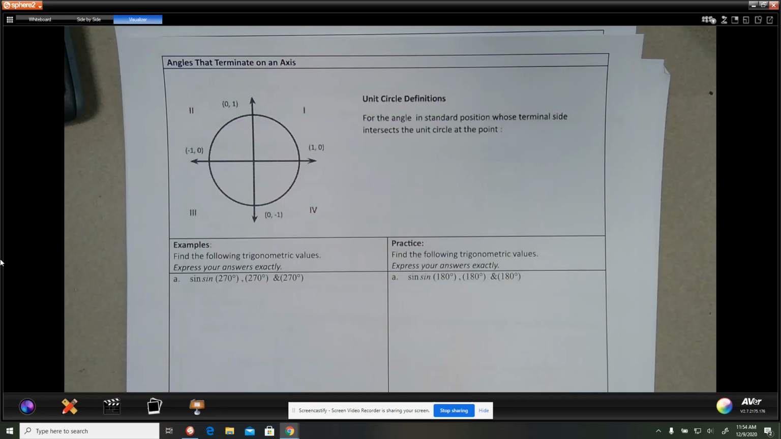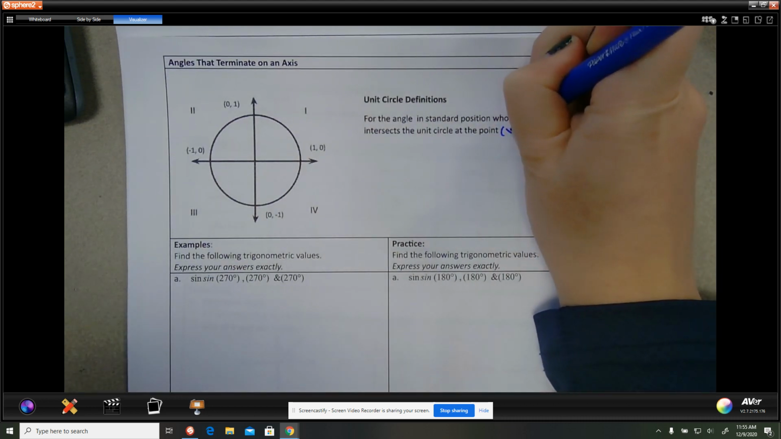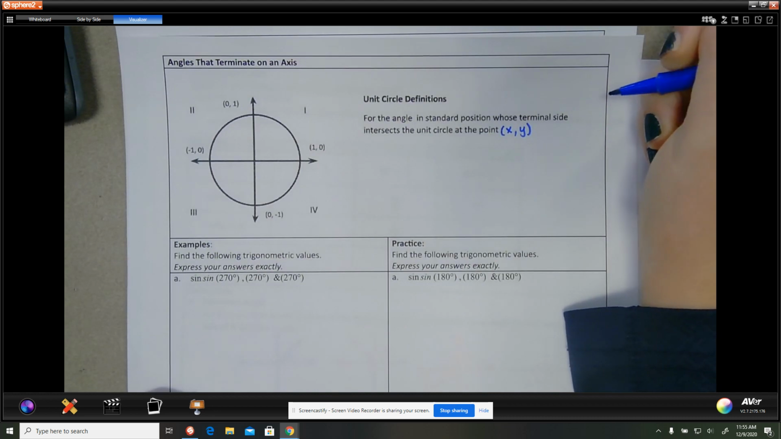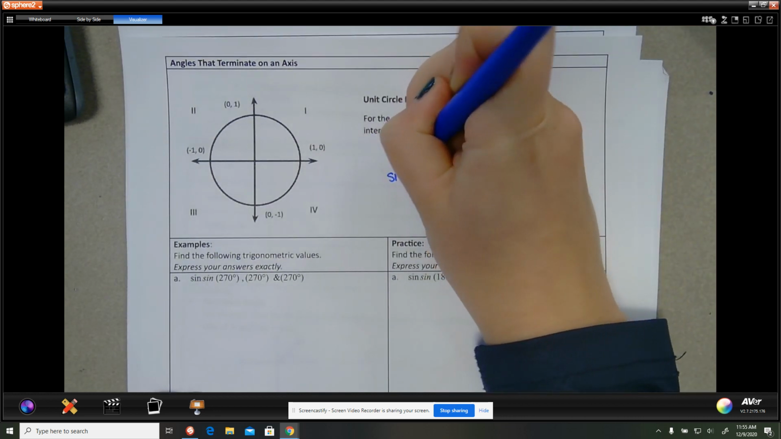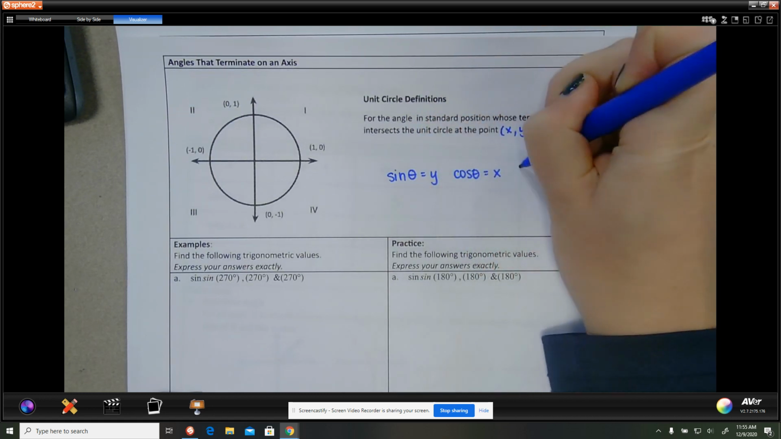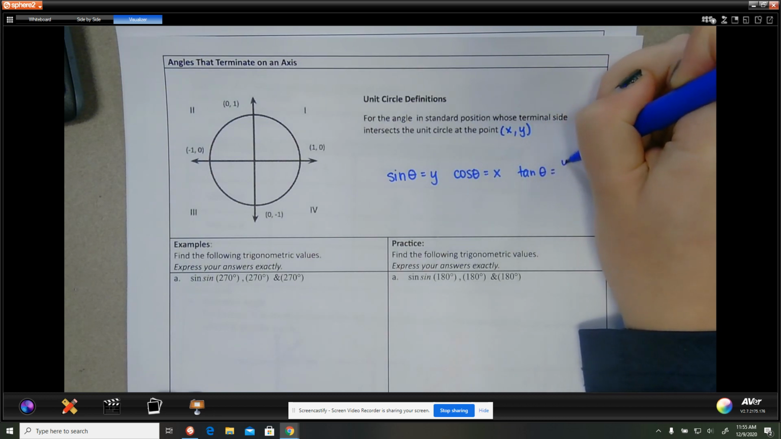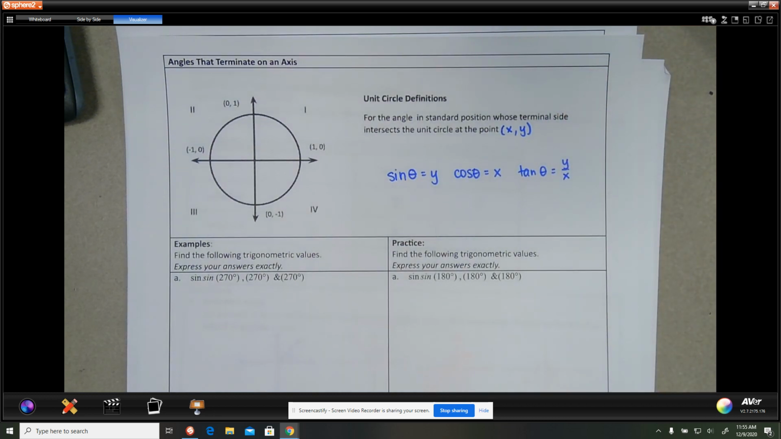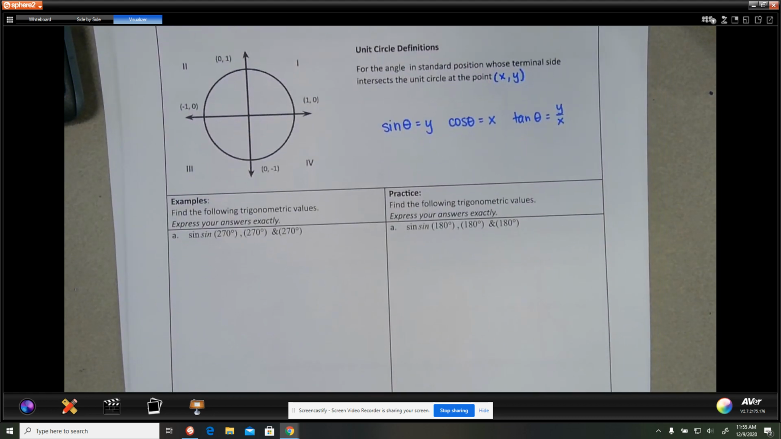All right, so we have some unit circle definitions here. For the angle in standard position whose terminal side intersects the unit circle at a point, we have the point xy for all of these. Just recall that sine of theta is the y, cosine of theta is the x, and tangent of theta is y over x. Okay, so we're going to use this information and talk about what happens when our theta, our angle, terminates on